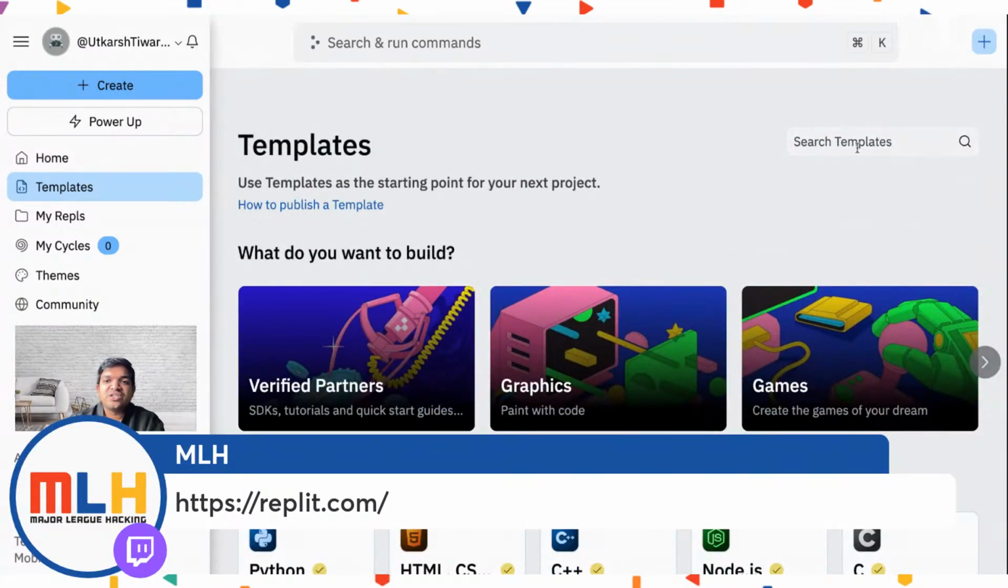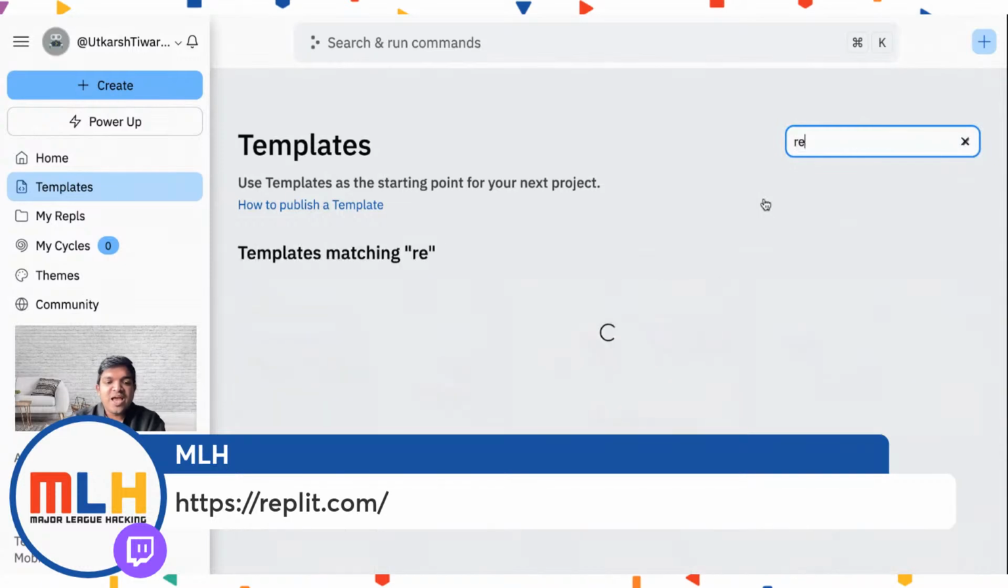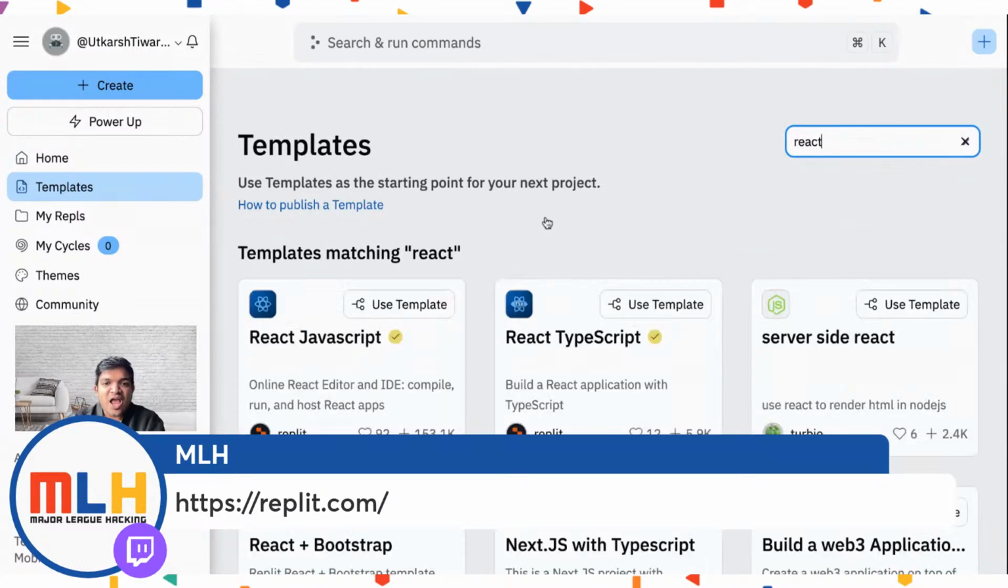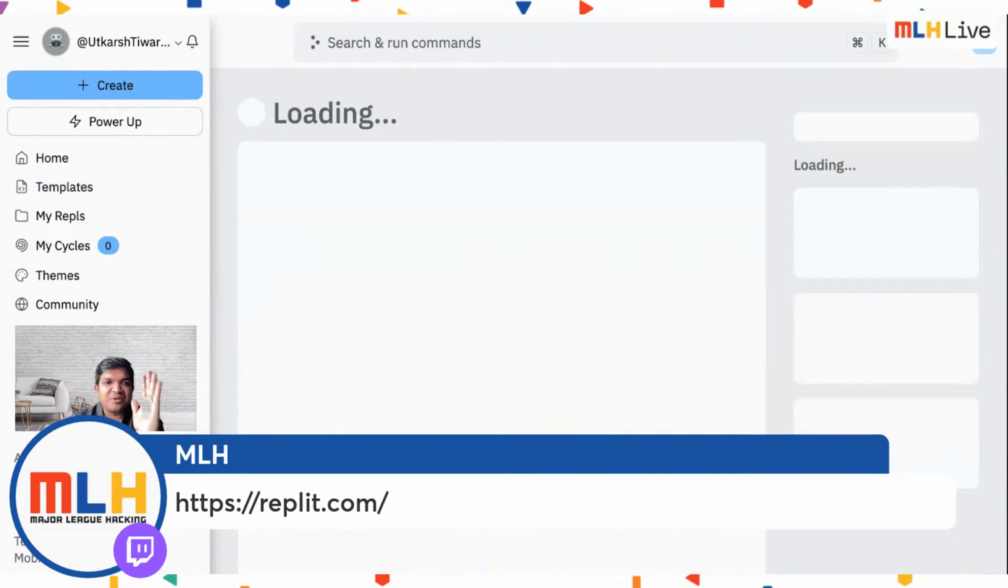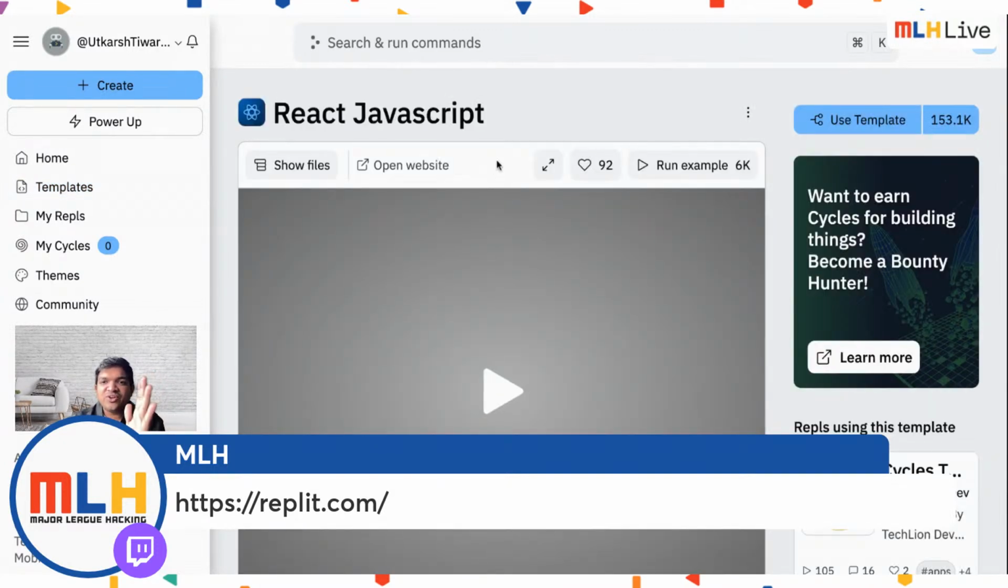You can go to this search option here, search templates, and search for React. And you will find React JavaScript, React TypeScript. We'll go with React JavaScript. Okay, React JavaScript. So hit on that, click on that, and you have this option of use template on the